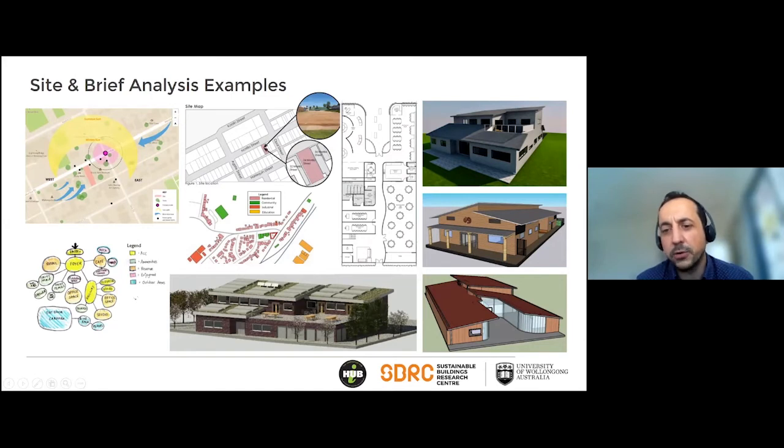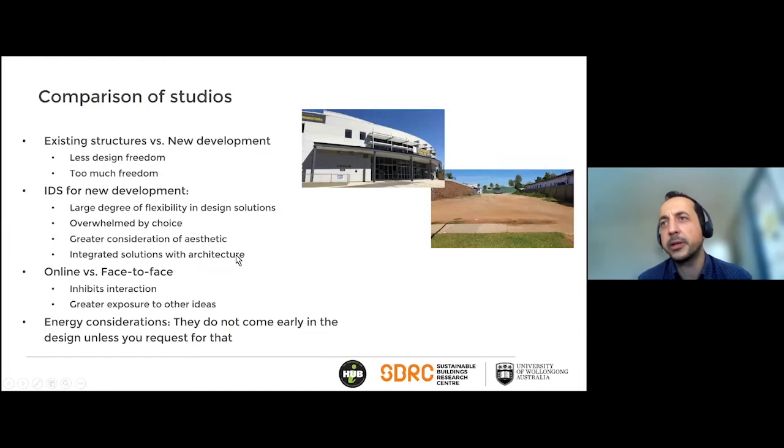A lot of good designs were generated at that time. And as I mentioned, we have just completed the classes for that, and we will be looking into developing the vetting report over the next couple of months. The comparison between all the studios,